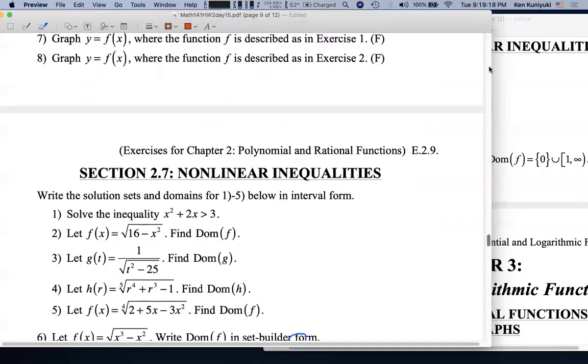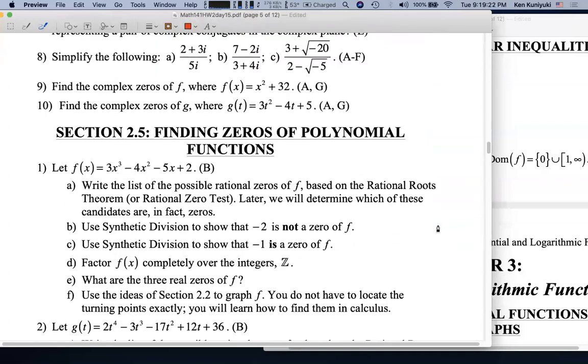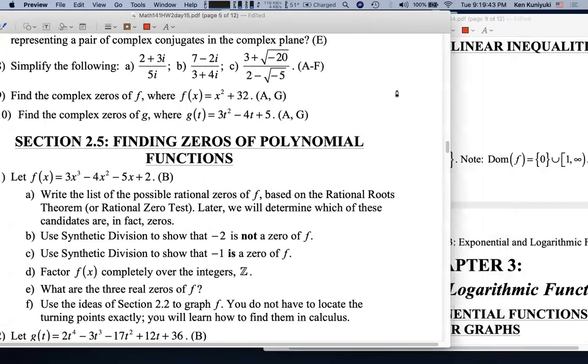Okay, and students, thank you for making those notes. Sometimes I forget. Okay, so 2.4, number 10 here. Find the complex zeros of G, where G of T equals 3T squared minus 4T plus 5. Oh, I see. Okay, so you're pretty much going to need the